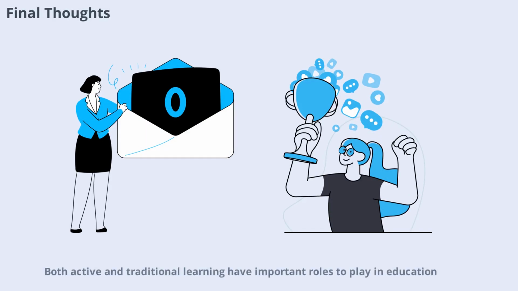Both active and traditional learning have important roles to play in education. By understanding their differences and benefits, educators can create more effective and engaging learning experiences. The ultimate goal is to help students develop the knowledge, skills, and attitudes they need to succeed in school and